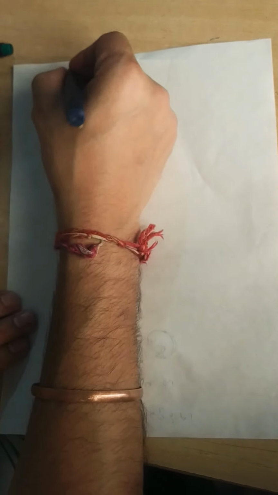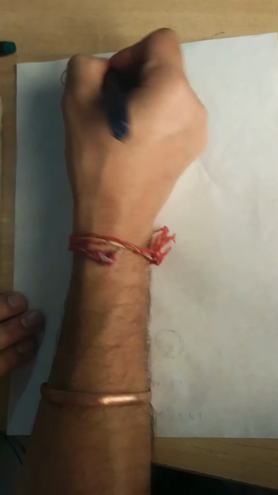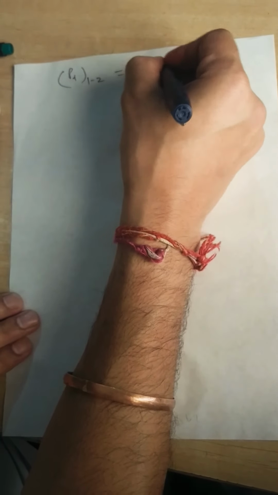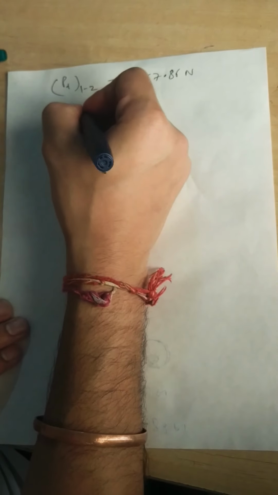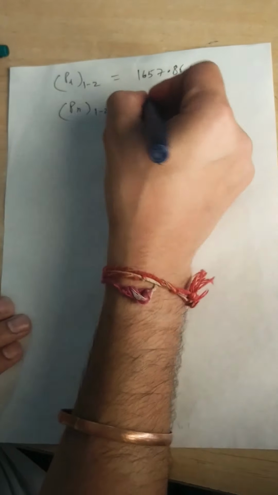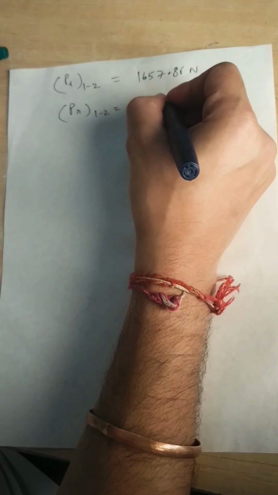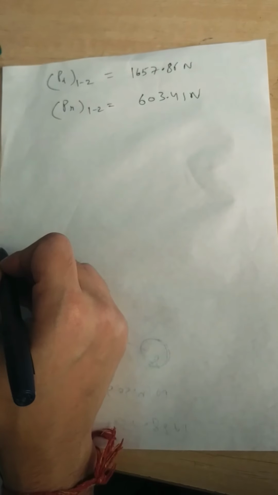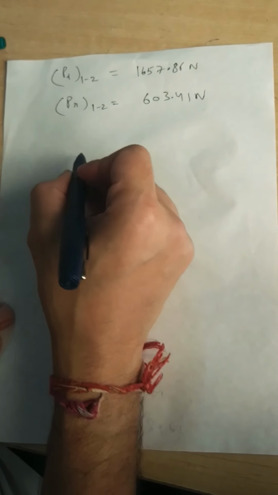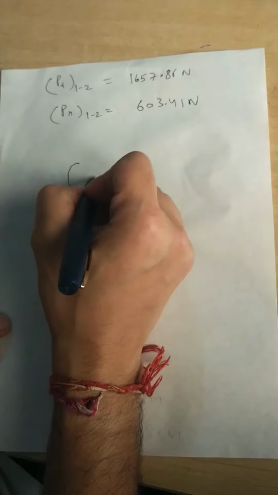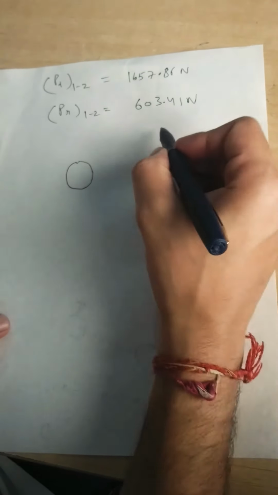This is Arjun. So in the last video we found PT 1-2 equal to 1657.86 newtons and PR equal to 603.41 newtons, right? So if we make the free body diagram, this is my gear number 3 and this is